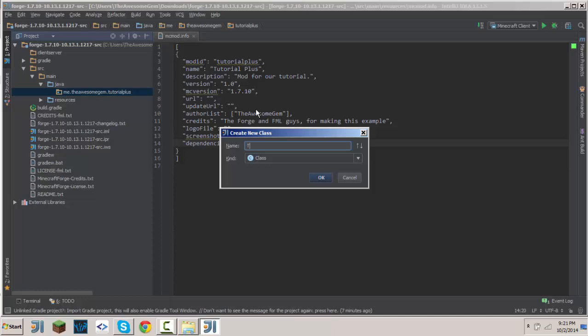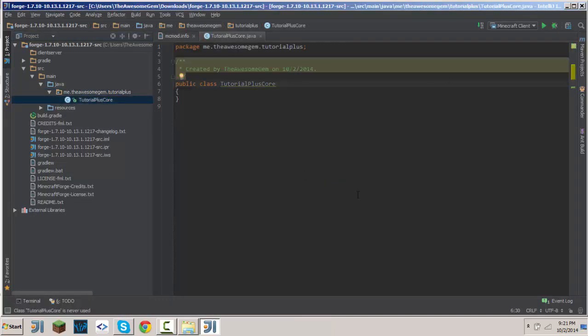So it's usually a good idea to write whatever your mod name is in proper case, so tutorial plus, and then add the word core next to that. So that way this is the core class file, it's the main class file. Alright, so once you have that,